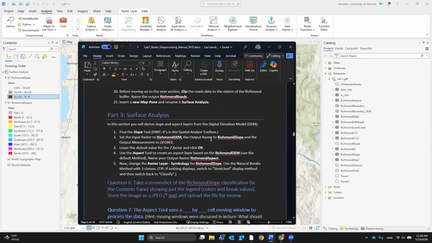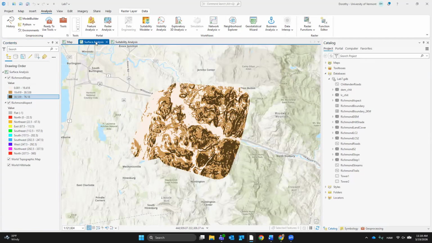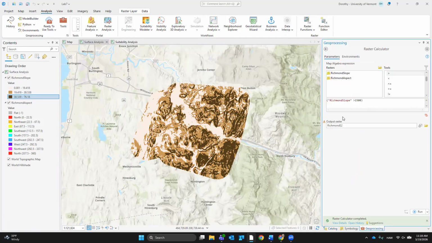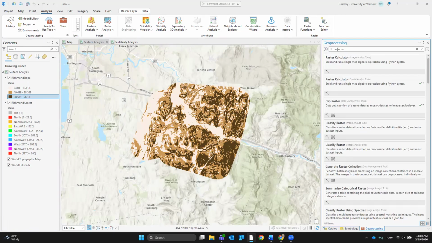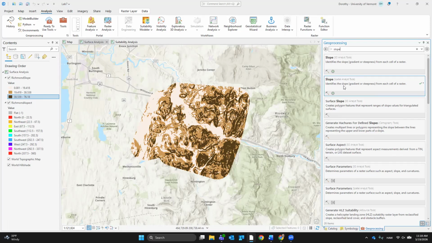It's doing this in my other model. So I'm going to go back here. I'm going to go to surface analysis and I'm going to redo this. Okay, so I'm going to go to geoprocessing. I'm going to type in slope. Okay, I'm going to do a spatial analysis tool.